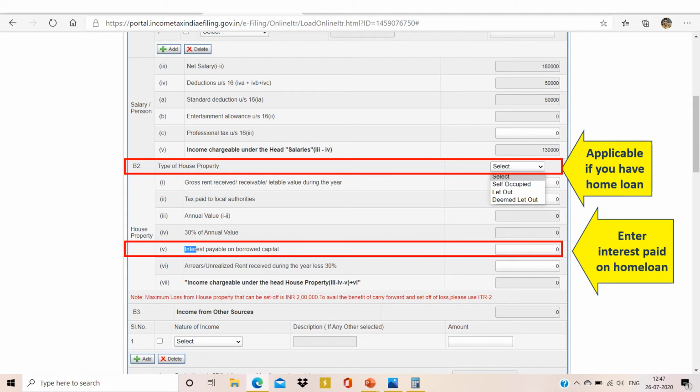All of us who avail a home loan from the bank will have a certificate for availing the tax exemptions. Make sure the interest portion is taken and updated properly in section 5. And if you keep the home in the let out category, you may have to update the rent in section 1.